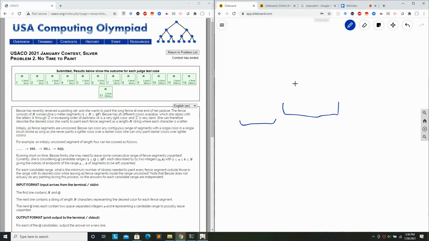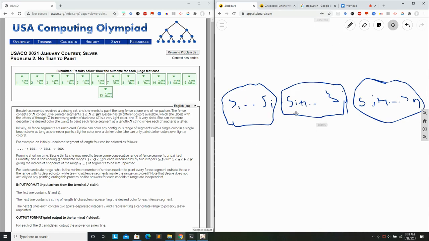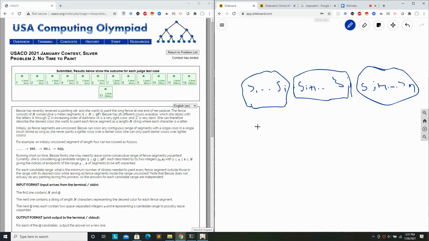So you're given the string si plus 1, and then sj, then sj plus 1, and so on. And so you're going to be told that this is going to be unpainted. You can't paint over this, so you can separate the problem now into just a prefix and a suffix. And if you calculate the answers to all prefixes and all suffixes, then you can solve the problem. And so the answer to a prefix is basically, since we're calculating the answer to prefixes, it